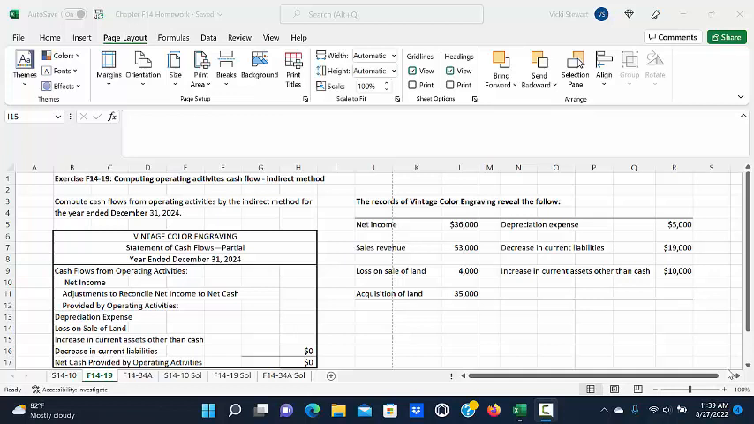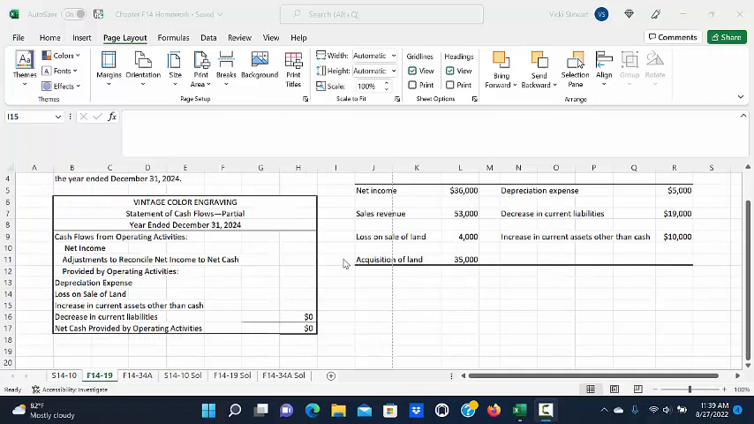This is a demonstration of exercise 1419, computing operating activities cash flow using the indirect method. The problem gives us records of Vintage Color Engraving, including net income, sales revenue, loss on sale of land, acquisition of land, depreciation expense, decrease in current liabilities, and increase in current assets other than cash, and the amounts, and it asks us to compute cash flows from operating activities by the indirect method for the year ended December 31st,